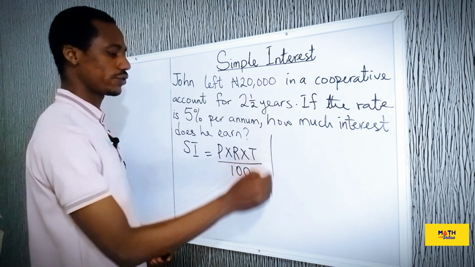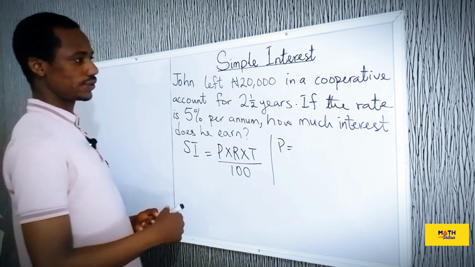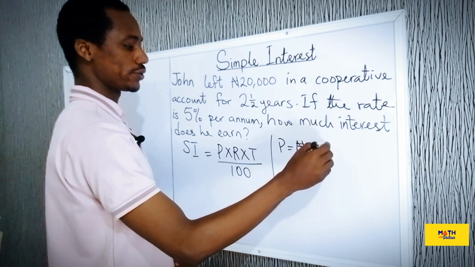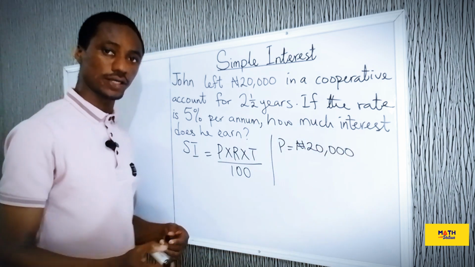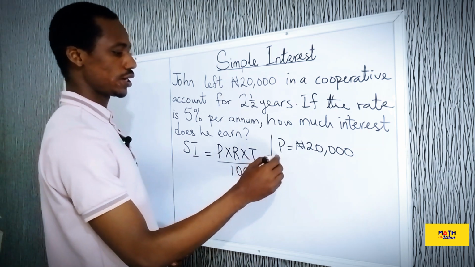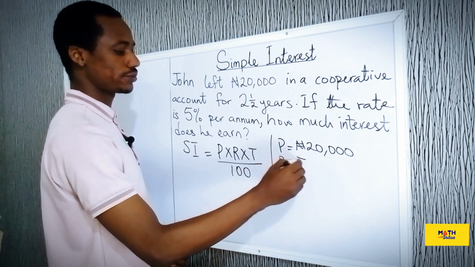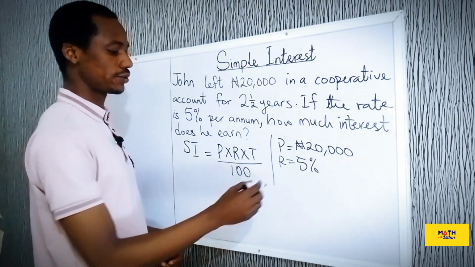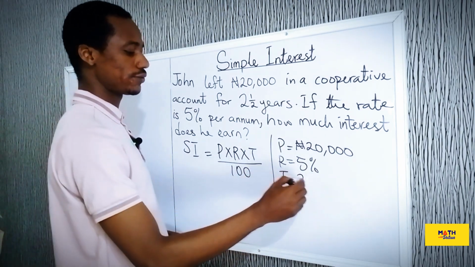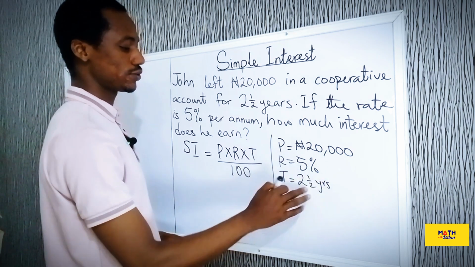So we have the principal, the money invested, or let's say the money saved. The amount of money saved is 20,000 naira. And then you have the rate of interest, 5% per annum, and the time is 2.5 years. So let's take this 2.5 years to